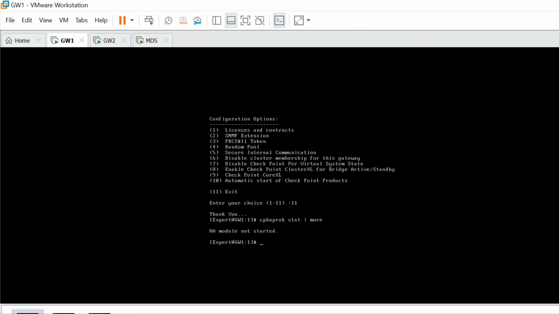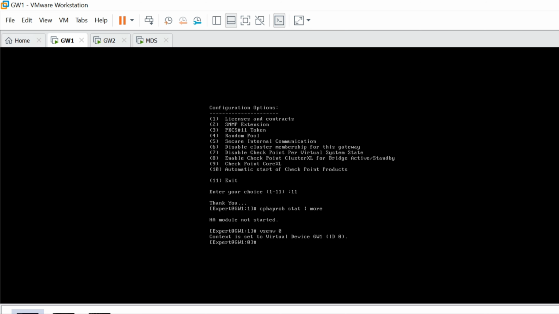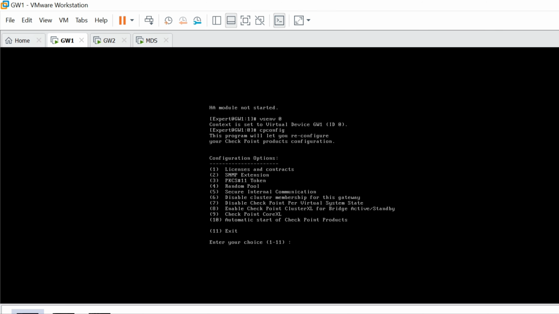Okay, let me see what the cpconfig option says again. Okay, it looks good. So I think we are good to run that vsx_util vsls and we will be able to see the load distribution.